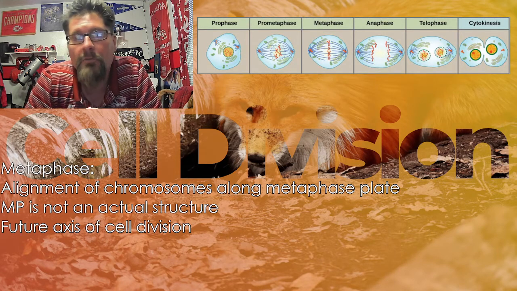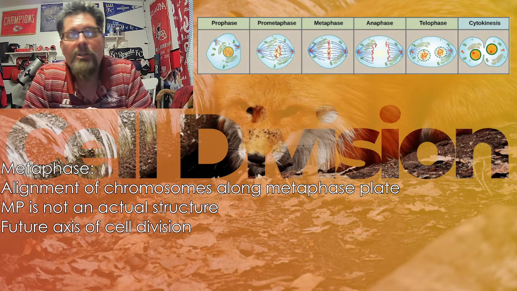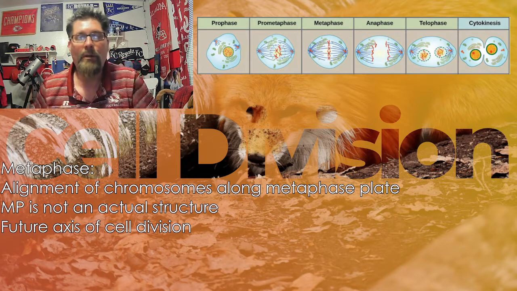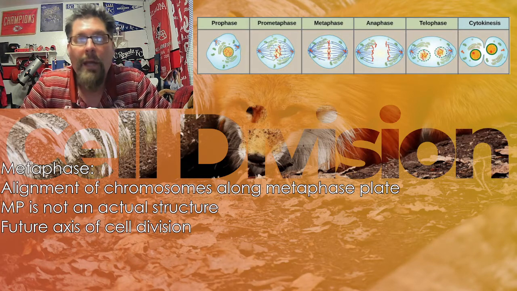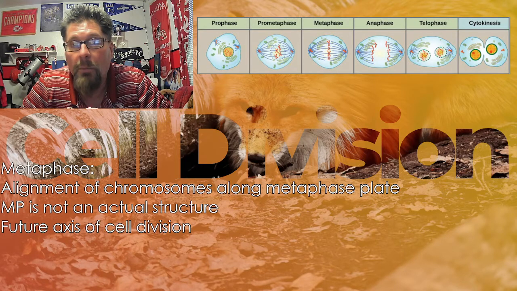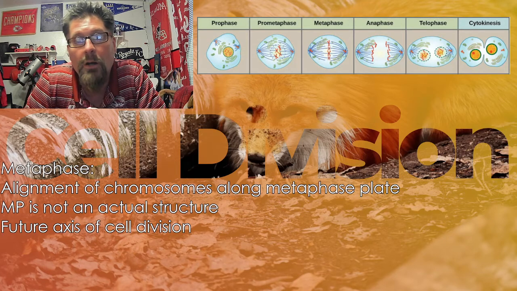Okay, during metaphase, now we can see that the chromosomes are being dragged to the middle. So if you want to think about the big event, the metaphase middle, M for metaphase, M for middle. Now at metaphase, they're being dragged to the metaphase plate, which isn't actually a structure, but the significance of it is it's given that name because it's the middle line, but it's also the future point where that cell will divide. That's where that cleavage furrow will begin to develop,